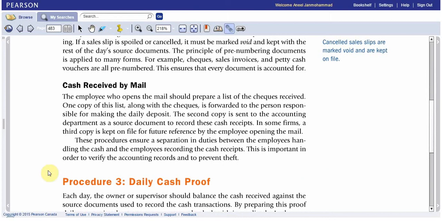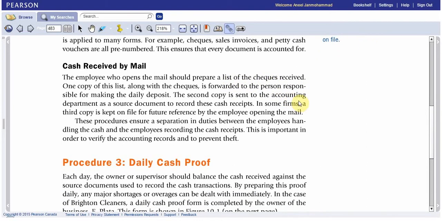Cash received by mail. So again, you're separating the duties here. One employee will prepare a list of all the checks received. You don't actually receive bills or coins